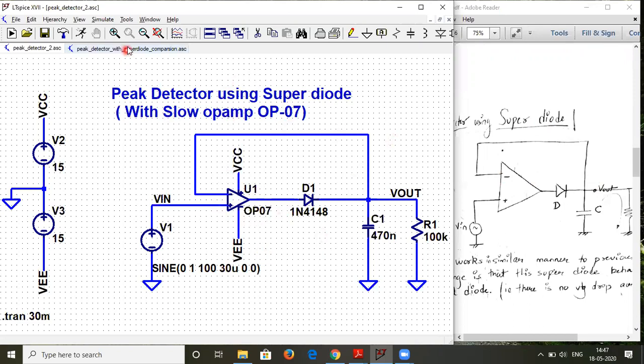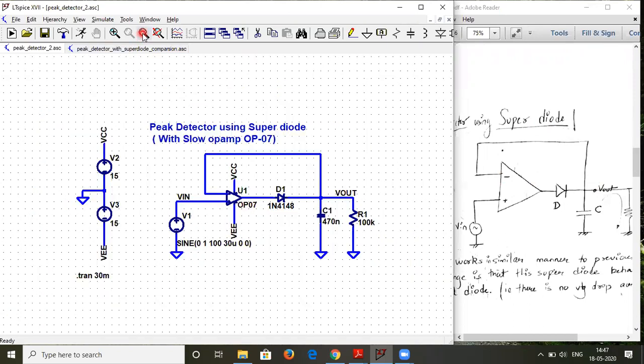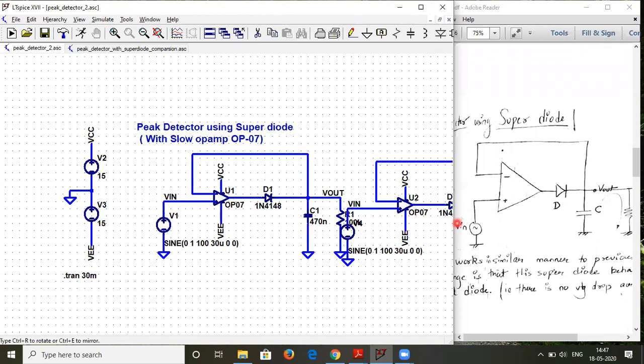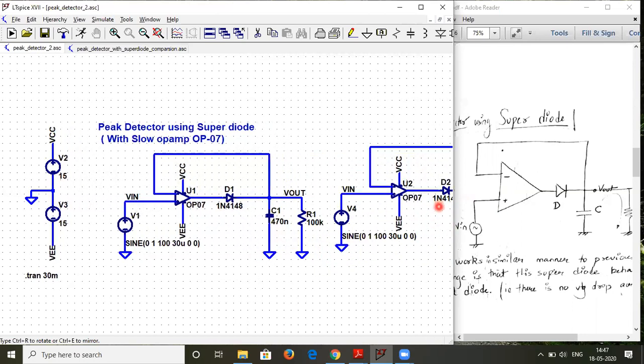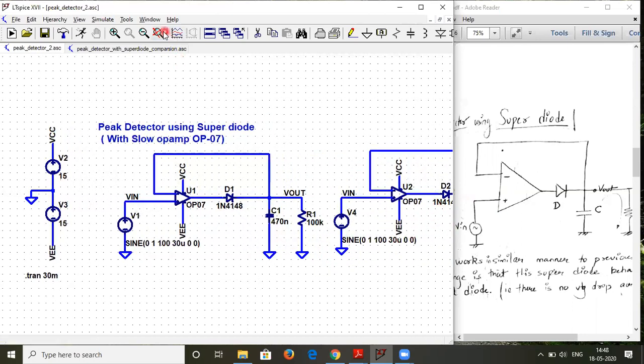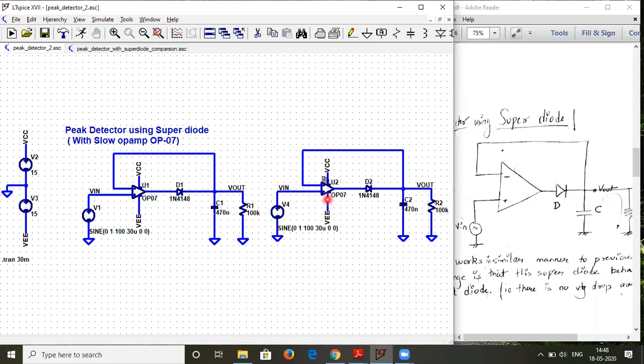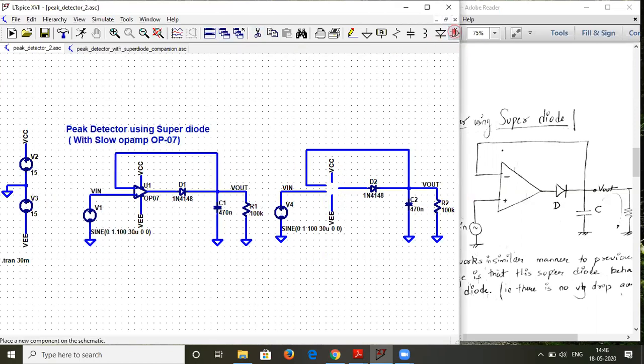I'll copy this entire circuitry using this copy button, and I will place this onto the screen, like this. You keep a hold of it, and you can leave it somewhere around here. Okay, this is copied now. Now I will delete this op-amp, and from the library I need to select a little faster op-amp.